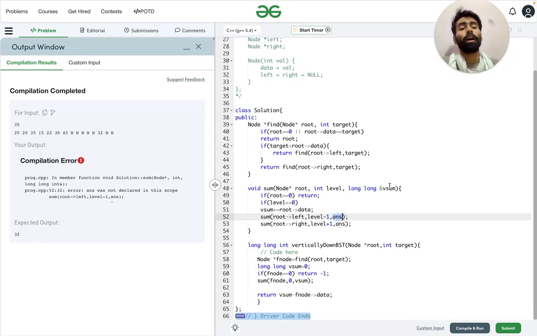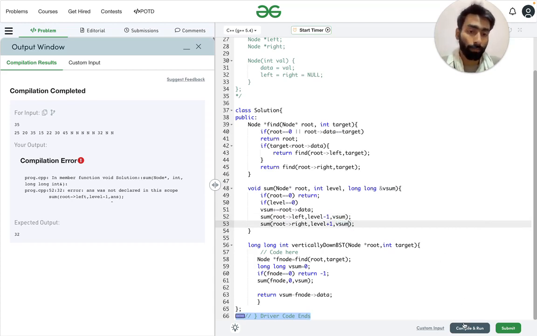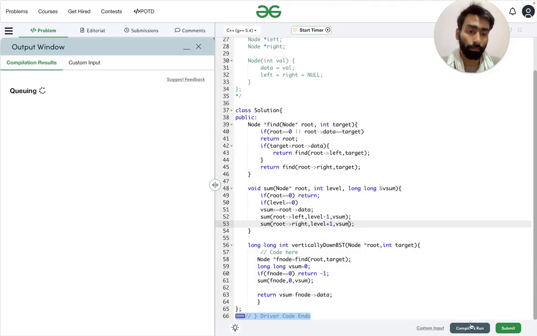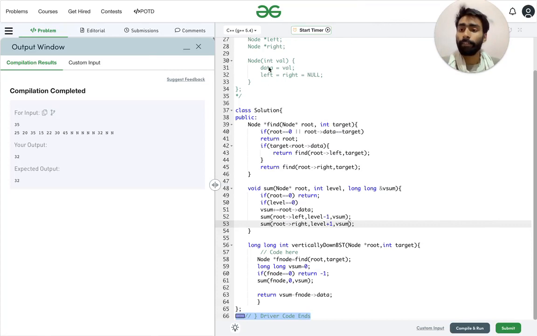I wrote vsum here, and here I have passed answer, so it should be vsum there also. So compile and run. Yes, the compilation is successful. So we will submit it.